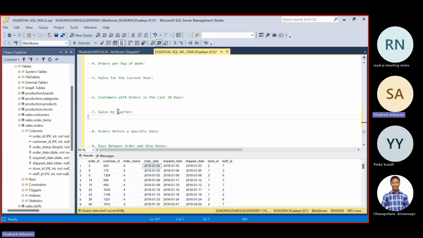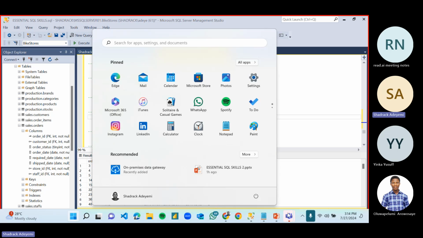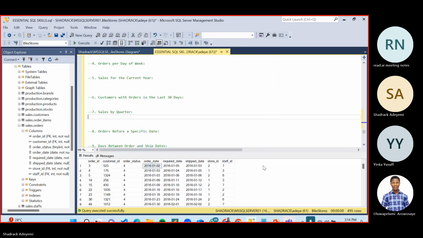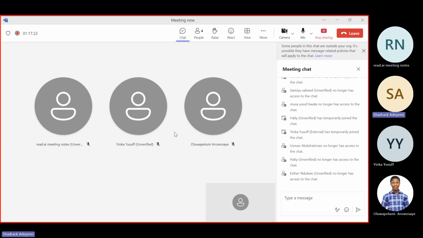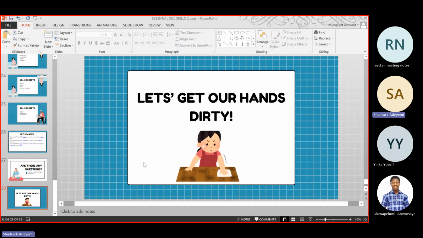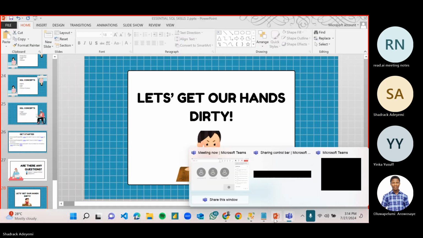So is there anybody that wants to attend this? Is there anybody on the call that wants to attend this? Maybe I should try to switch the call and see what's happening there. Sorry, let me minimize my window. Okay. Mr. Yinka, do you want to attend this? Or what do you think?